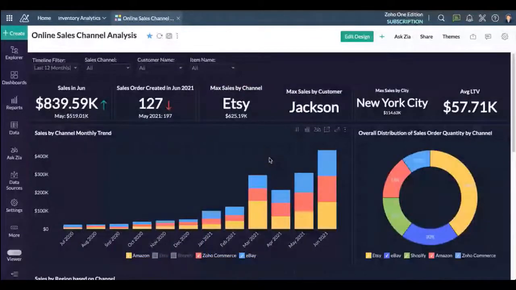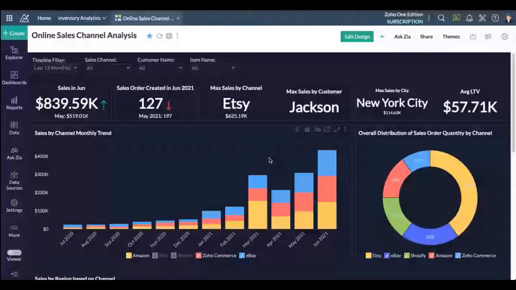All right, so this is a dynamic dashboard. You can add more reports to the dashboard. You need not limit it or restrict it only to sales or these KPIs. You can build more reports, have them added here, and you can have a consolidated view of your multi channel online sales. All right, so moving to phase three, where we said it's important to automate the delivery of insights,